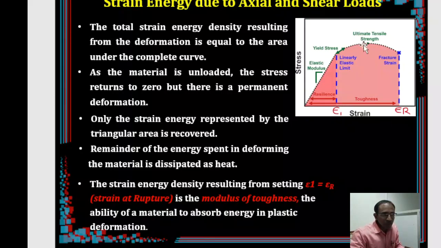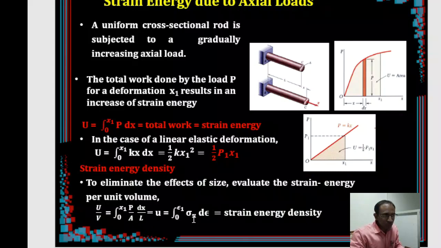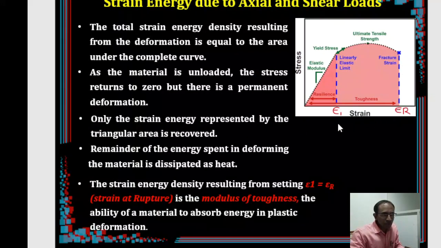There is an integration, so you can find the area of that. You simply take the whole area and you will get the total strain energy density. Here, when the material is unloaded,